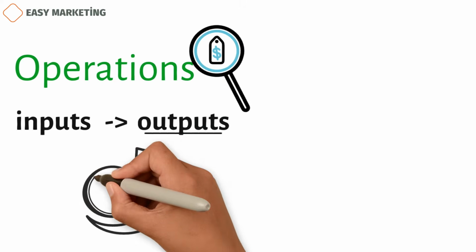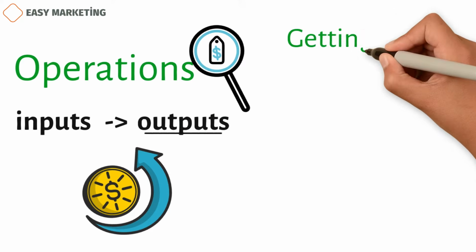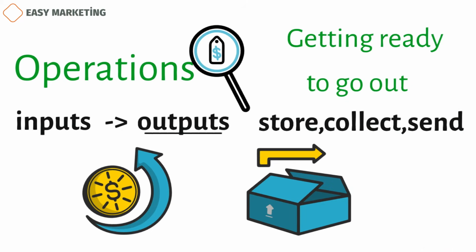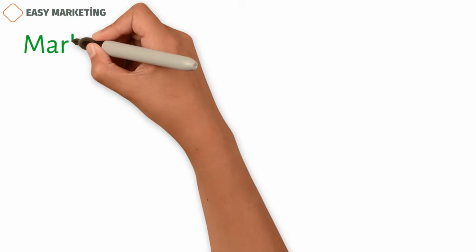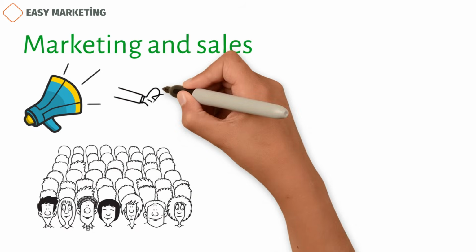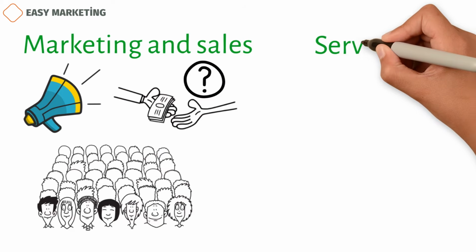These outputs are the main things that can be sold for more than the cost of materials and production to make a profit. Outbound logistics, the way that products get to customers. Part of the process is having a way to store, collect, and send items to customers. This includes managing both the systems inside a company and the systems from customer organizations outside the company. Marketing and sales. Advertising and building a brand are meant to make a product or service more visible, reach a marketing audience, and explain why a consumer should buy it.